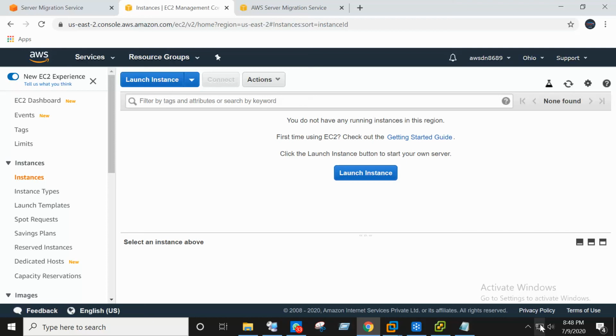So I have very good confidence on the SMS connector and how to deploy it, how to configure it, how to migrate, and how to schedule the jobs. So like that you can narrate the story and explain in an interview. Yes, narrating the story is very important.